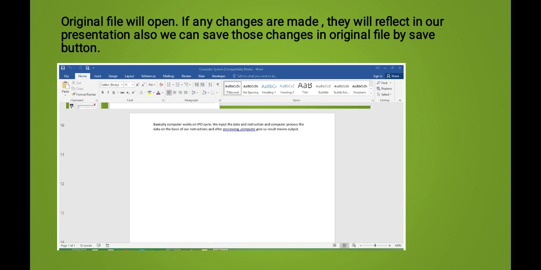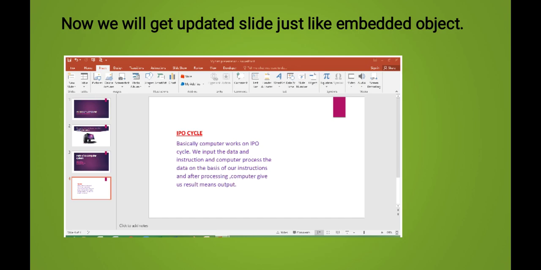The original file opens again, but this time whatever changes we make will be reflected in the presentation and also saved into the original file. We use the Save button, and now we get the updated slide just like the embedded object. But children, remember, both copies are linked and changes will be reflected in both copies.